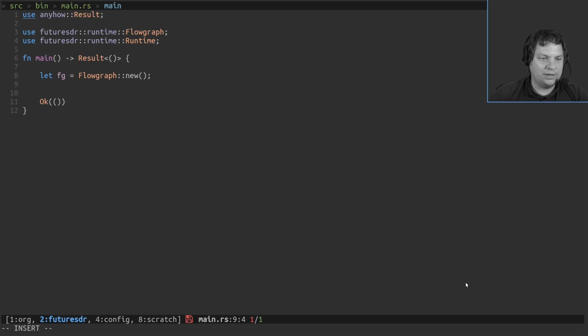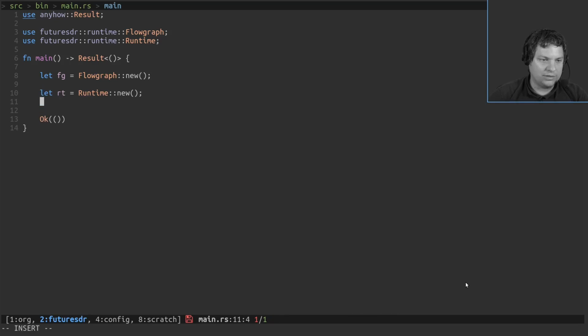And now, instead of running the flow graph directly, like say Flowgraph run, which would do a lot of things behind the scenes, like spawning threads, we create a separate runtime. And this is, as I said, basically an async executor.